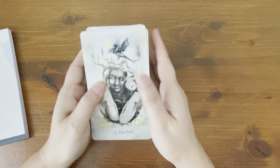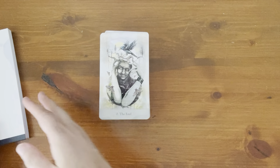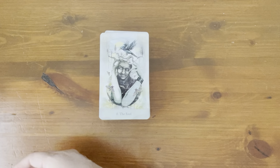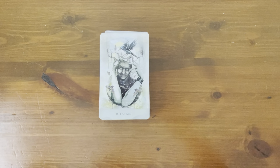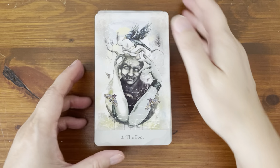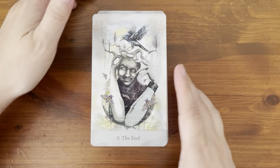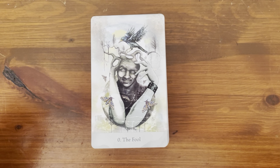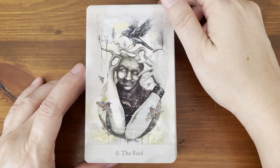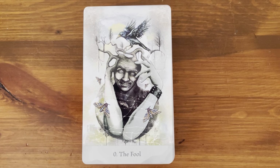And right off the bat, just skimming through it, I don't believe this deck is for everyone, and some people may not like it because it's very non-traditional. Let's zoom in tight and take a look, and it's very different. But it's one of those decks that has a lot of details, and it makes you think. So that the artist is